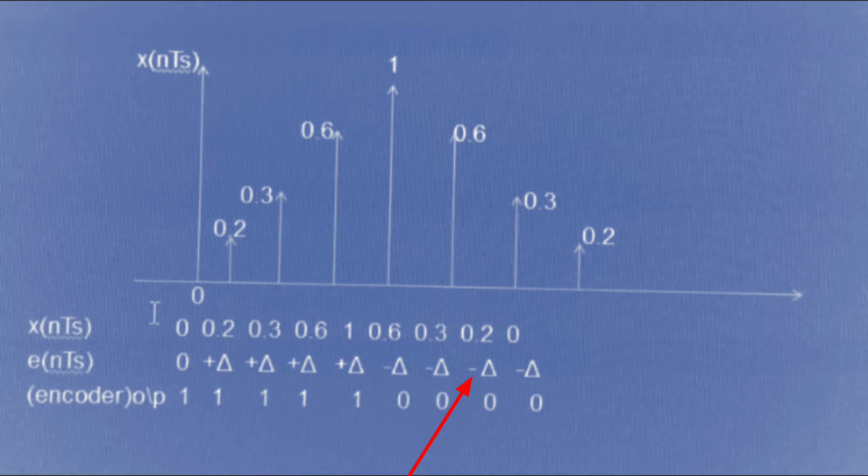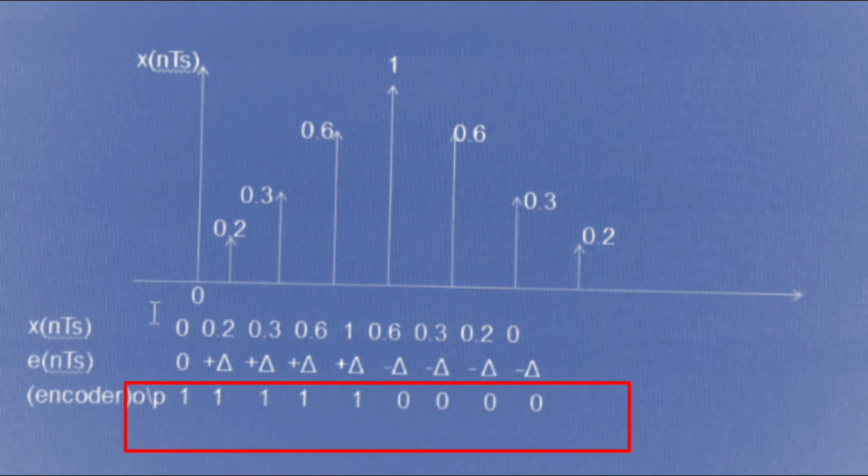According to this error function, the output is sent to the encoder, where if del is positive, the encoder gives it as a 1, and when del is negative, the encoder gives it as a 0. So the encoder output is transmitted by the DM transmitter to the receiver. In this case the sequence 1 1 1 1 1 0 0 0 0 will be transmitted from the DM